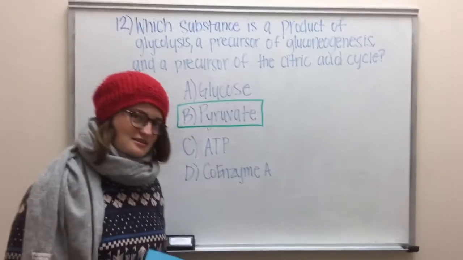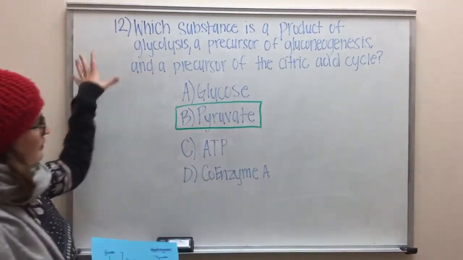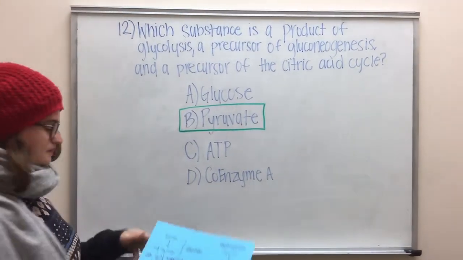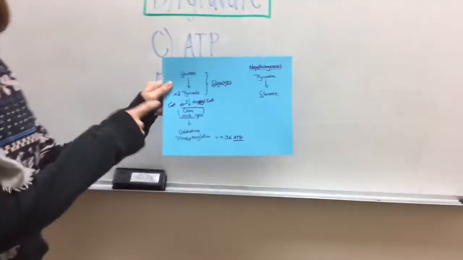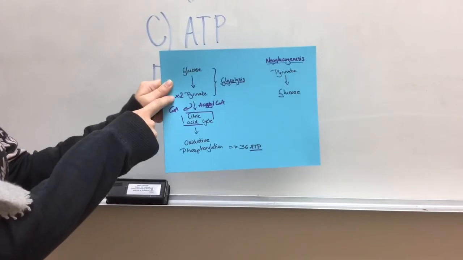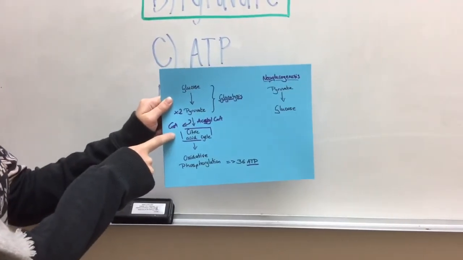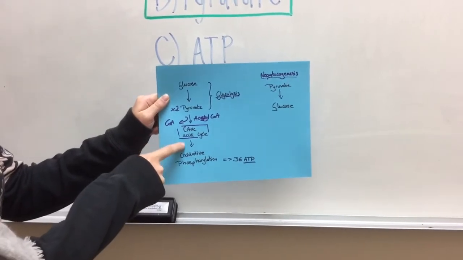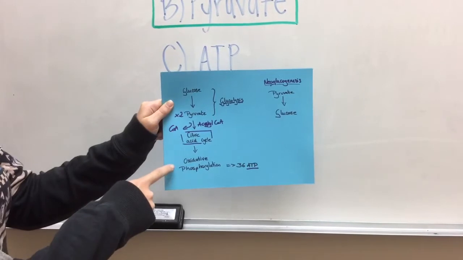To be able to answer this question, let's look at the big picture and find all these complicated words that are in this question. So glycolysis is the breaking down of glucose into two molecules of pyruvate. Pyruvate then enters the citric acid cycle, and the coenzymes of the citric acid cycle will enable oxidative